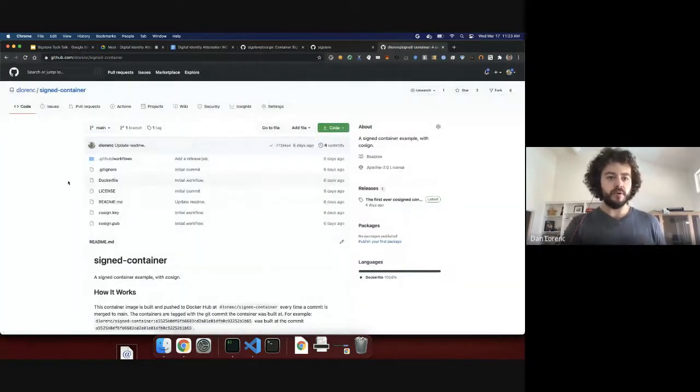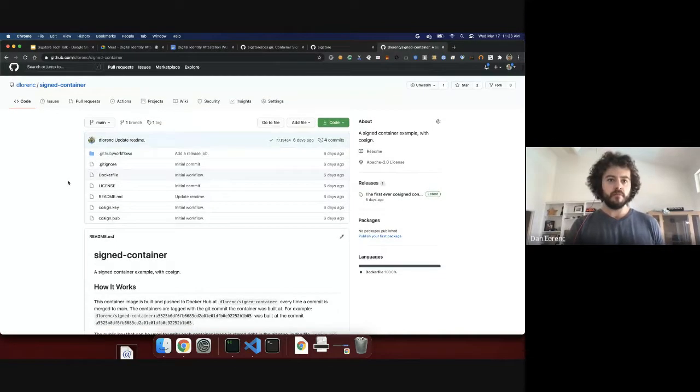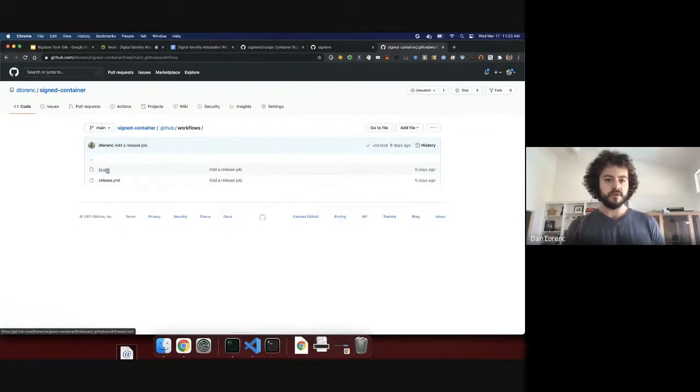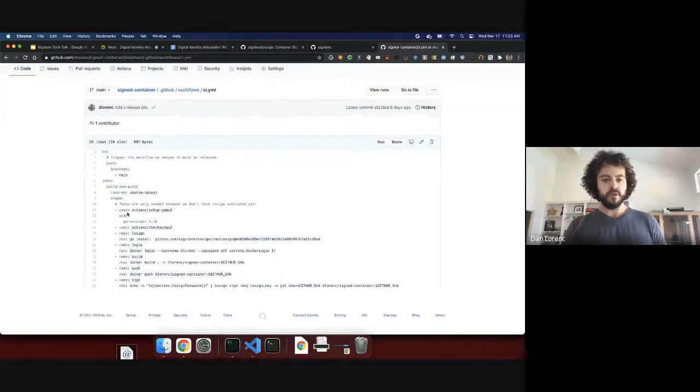A little example workflow I put together uses GitHub Actions to build and release a container from GitHub. This one uses the flow where we just check both keys into the repo, and then every time something gets merged to main, we build and sign it with an annotation about the commit that we built at, all inside of GitHub Actions. So what this actually lets you do, which is kind of cool, is from a container image, if you find one on a registry somewhere, you can look up the